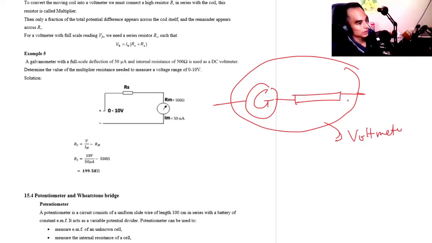Okay, so using V equals IR, and I, the current, because only one current is flowing through, and these are R of the galvanometer plus R of the resistor. Okay,